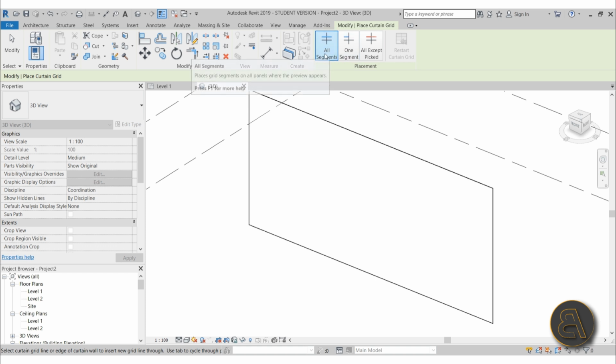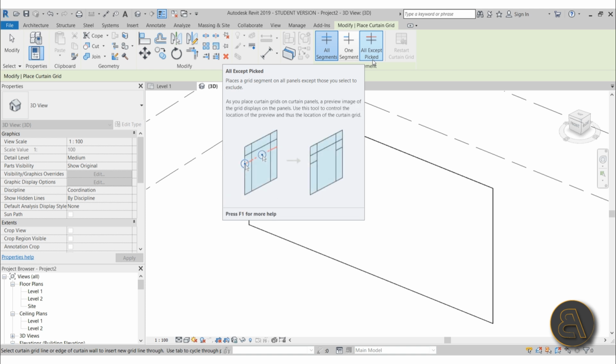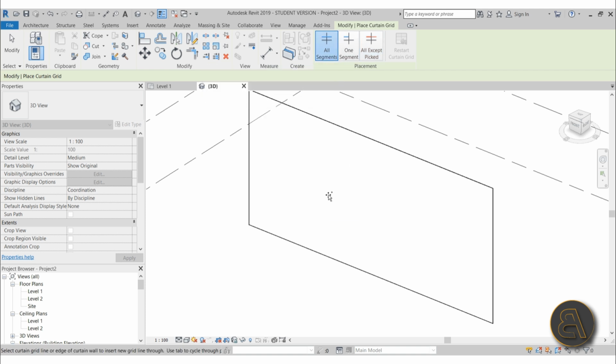You have the option of all segments, one segment, or all except picked. So for now, just for the start, let's go with all segments. Now you're going to notice that when I hover near the edge, it's going to make a line that's perpendicular to that edge. If I hover near this edge, it makes a horizontal one, and here it